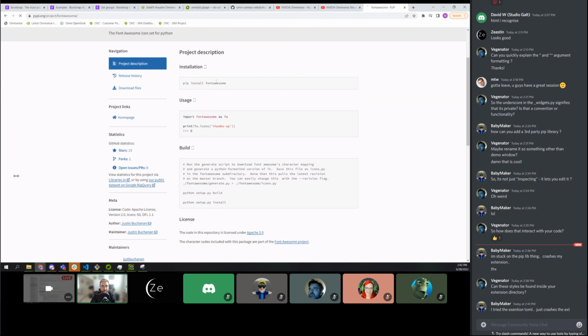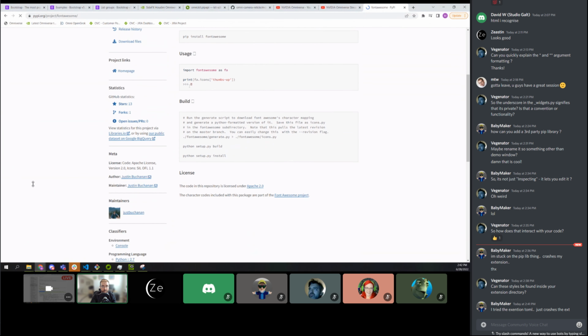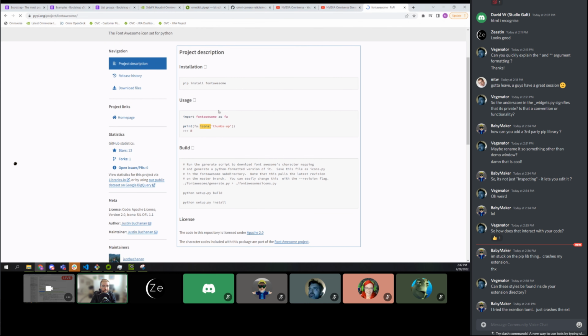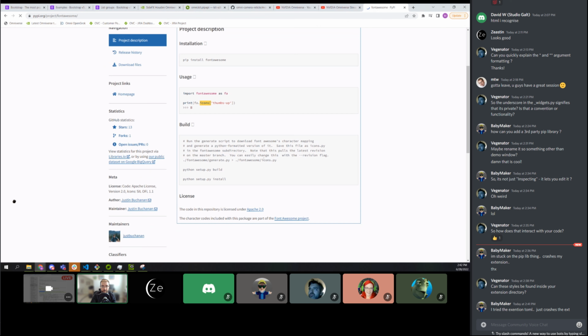So, pip install font awesome. And if you're not familiar with Font Awesome, what do you call these things? They're not emojis, are they? It's just an icon library. They come in icon sheets, and you can access it through the API with just fa.icons and then the name of an icon. So if I go to the website,